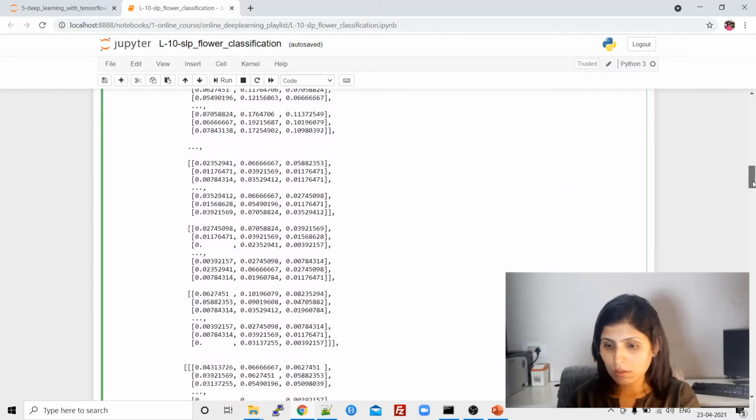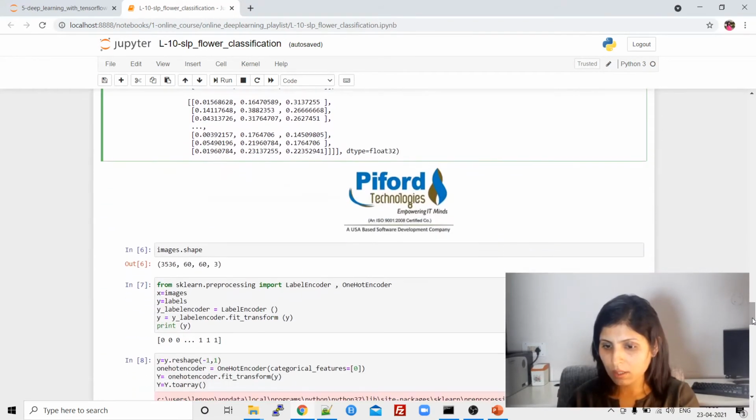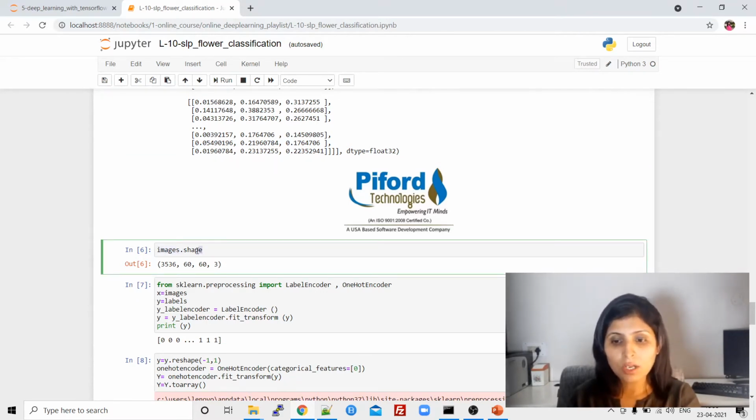After resizing the images, let's check the shape of images, to see whether our images got resized or not. So images.shape. In our dataset we have two folders, roses and tulips.